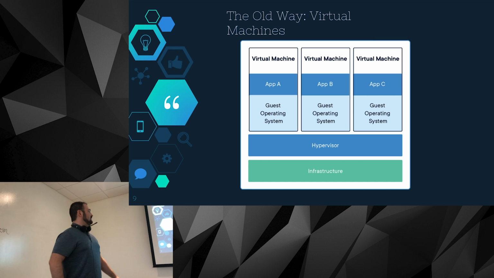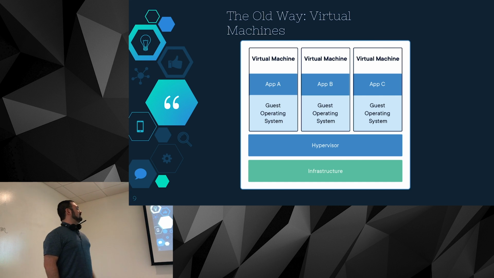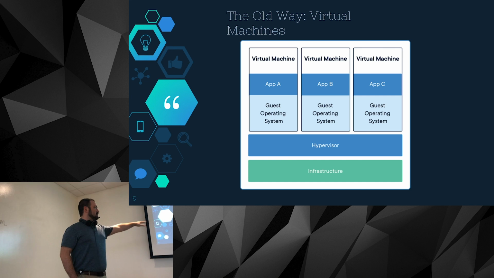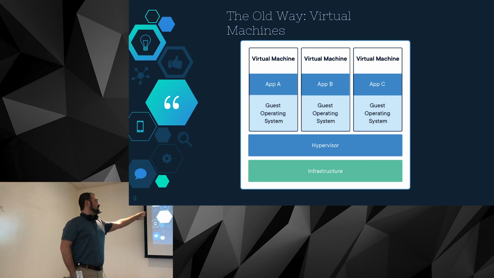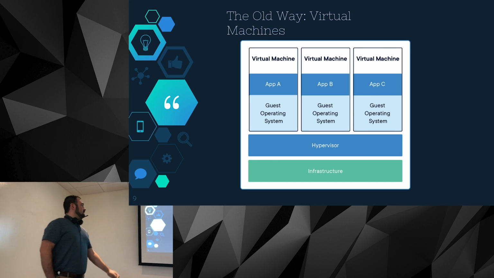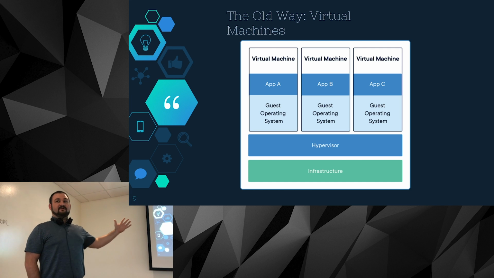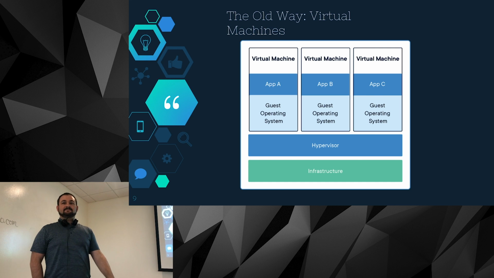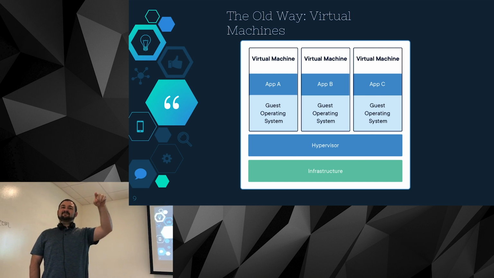So here's, courtesy of Docker's website without their permission, an image of how this kind of works as a model with virtual machines. So you've got your computer at the bottom, and then each machine that you spin up, you've got the guest operating system and the app for each one. So does anybody have any thoughts on why this might be maybe not an efficient way to do things? Somebody in the back, Zubir or Aiden?